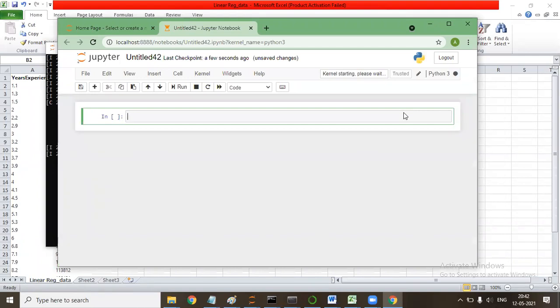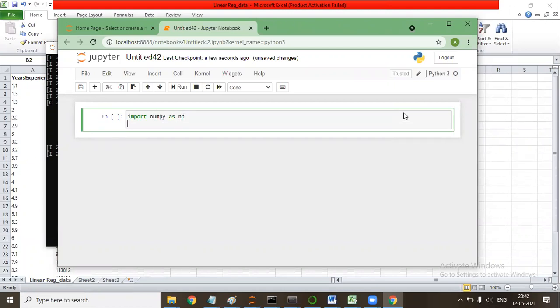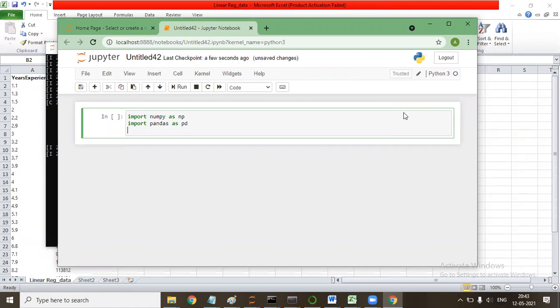So there is a file. I'll say import numpy as np, import pandas as pd, and then data is equal to pd dot. First let me execute this.